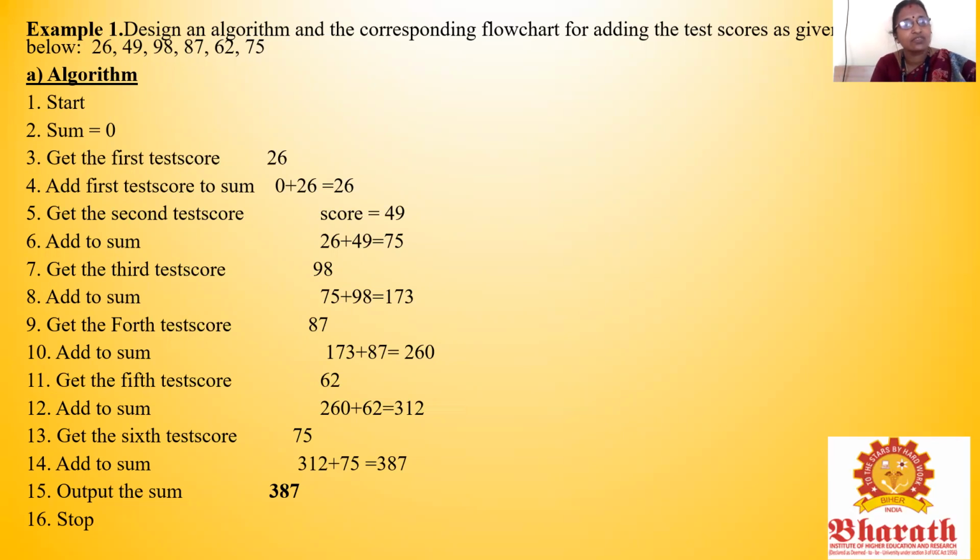Next, get the sixth test score, that is 75. Add it to the partial sum, and you will get 387. That is the value, so output the sum, which is now 387. Stop the process. Now we are going to see how to represent the same algorithm with the help